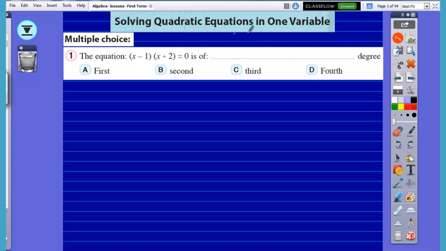Solving quadratic equations in one variable. Multiple choice. Question number 1. The equation (x minus 1) multiply (x plus 2) equals 0 is of first degree, or second degree, or third